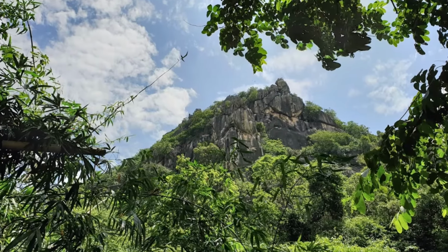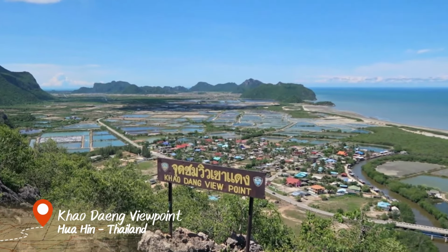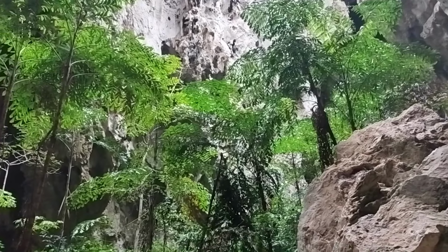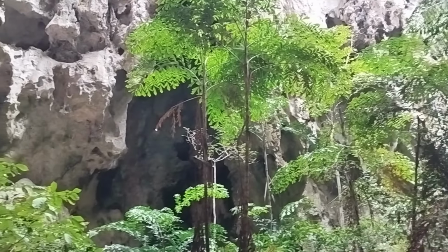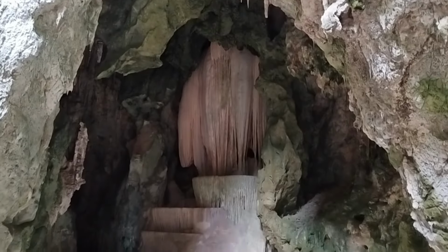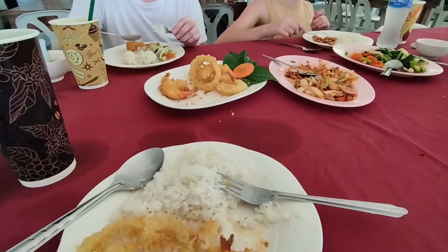The national park also has the Khao Daeng viewpoint, which is also a place that you should visit. It was not included in our tour, but you can visit it on your own if you take transportation up there. After checking the cave and the dry waterfall and everything, we climbed back down and had lunch in